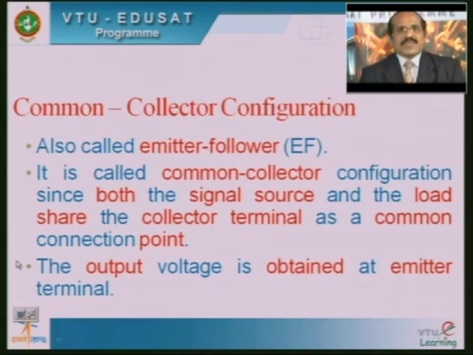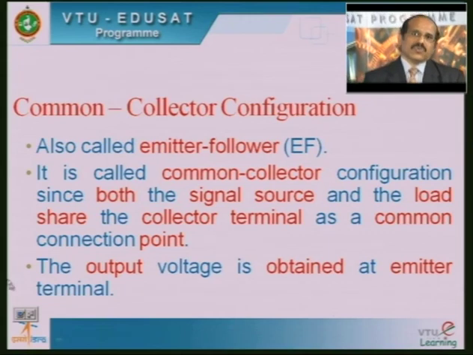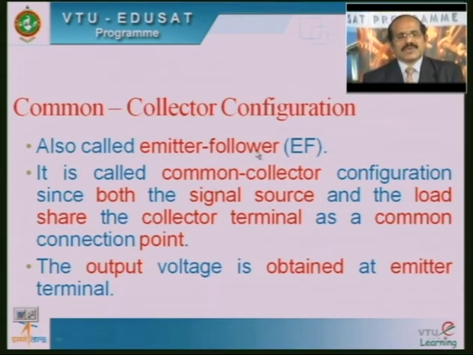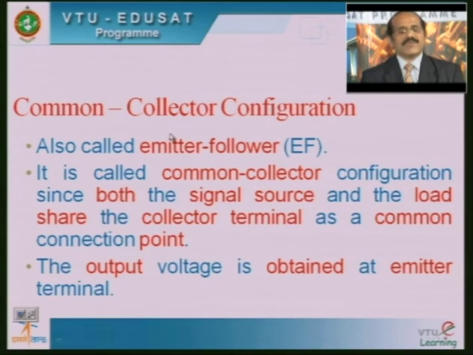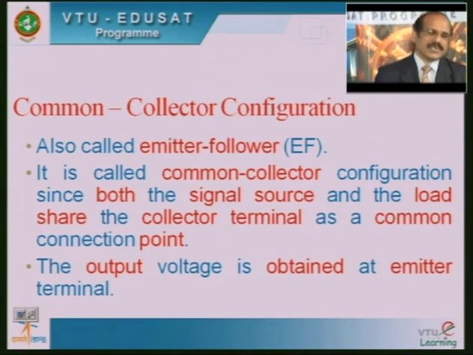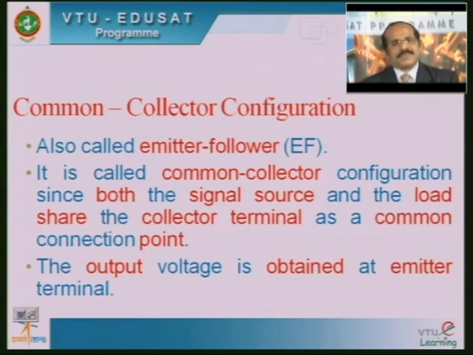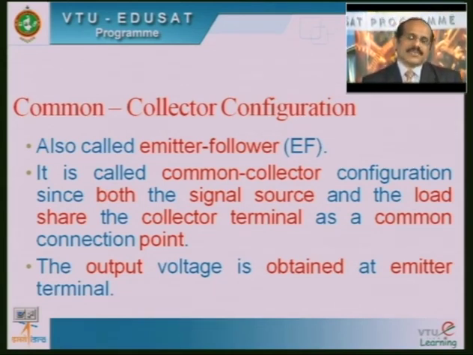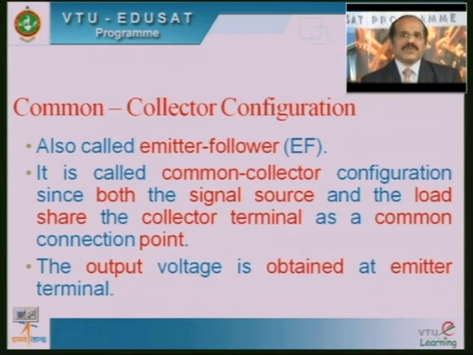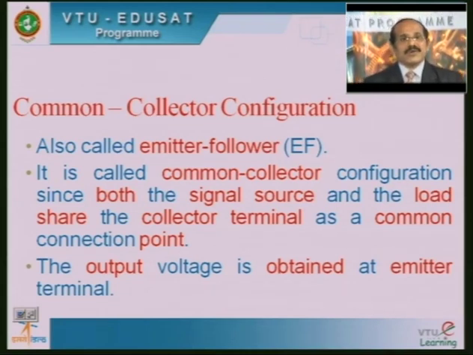Friends, you know that this common collector configuration is also called the emitter follower, or sometimes the voltage follower. Emitter follower or voltage follower, it is only because the voltage gain of this common collector configuration is 1, whereas the current gain is on the higher side, the input impedance is very, very high and the output impedance is very, very low. It is because of these 4 features that the common collector configuration is called the emitter follower, and it is used as an impedance